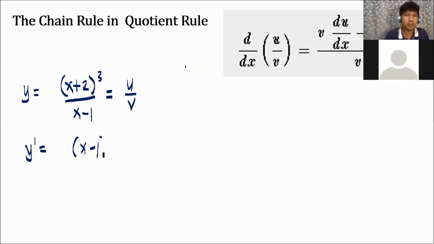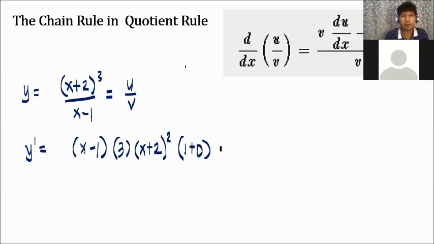X minus 1. Then derivative of u, x plus 2 raised to 3. So that would be 3x plus 2. Then because this is 3, we subtract 1, so that is 2. Then derivative of x plus 2 is just 1 plus 0 because that is just x, right? And derivative of 2 is 0. Then minus